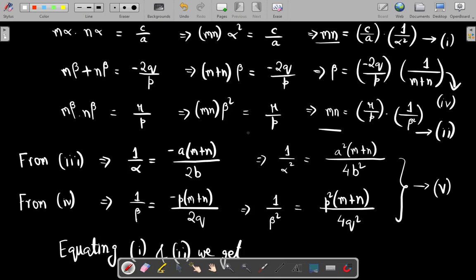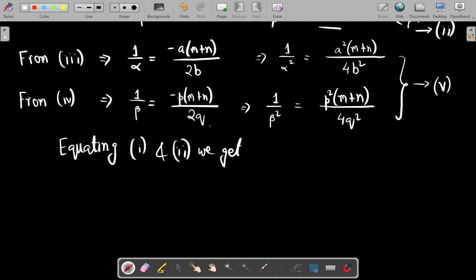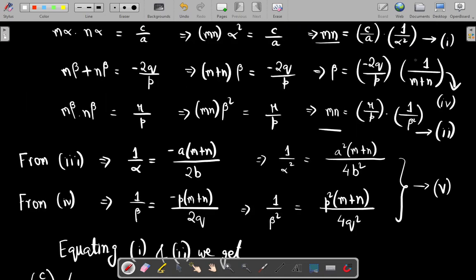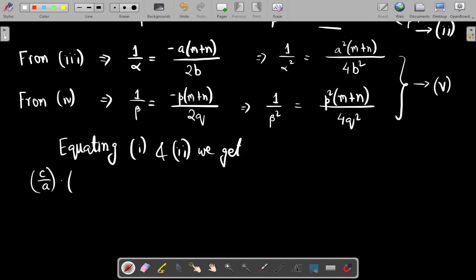Equating 1 and 2, it's c upon a times, this is 1 upon alpha square, and 1 upon alpha square is nothing but this. So I can use this here, times a square m plus n upon 4b square